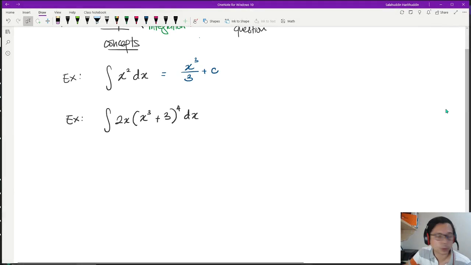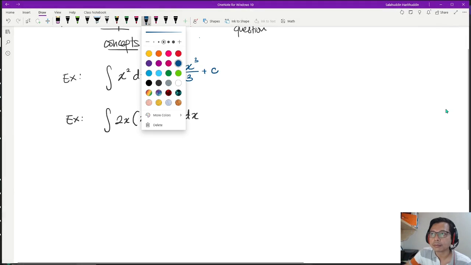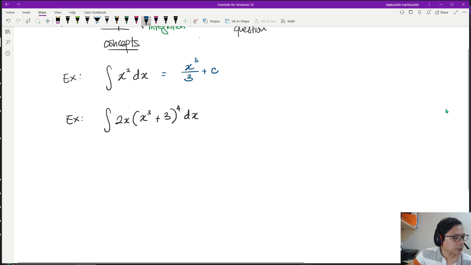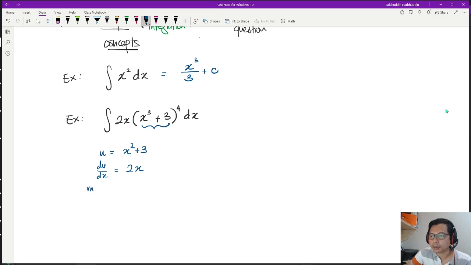Okay, let's look at this question, how to solve this. You need to observe that we can see this as an inside function, where I would say let's make u equal to x squared plus 3. With this we know that du over dx is 2x. When you make the substitution,